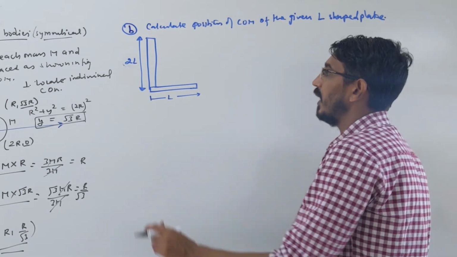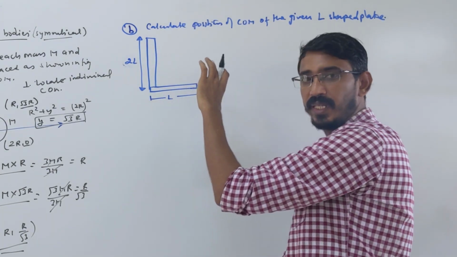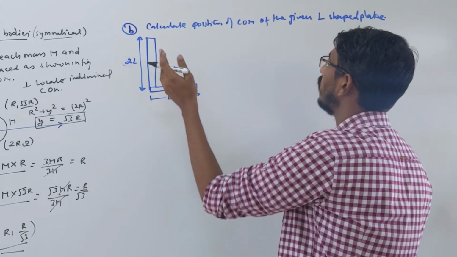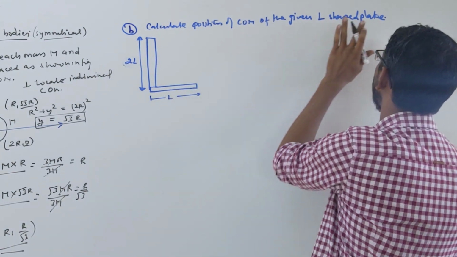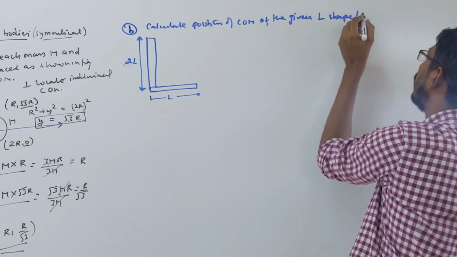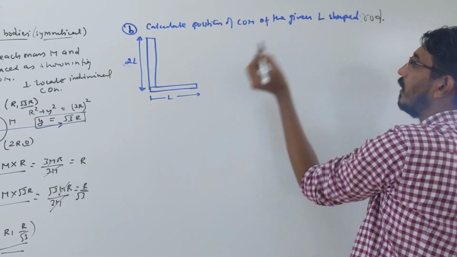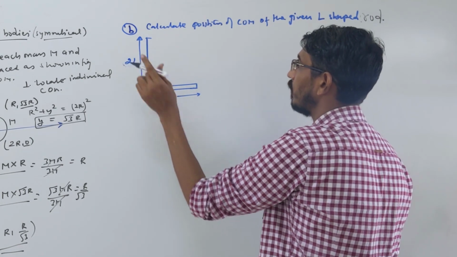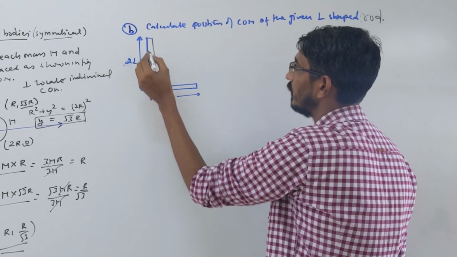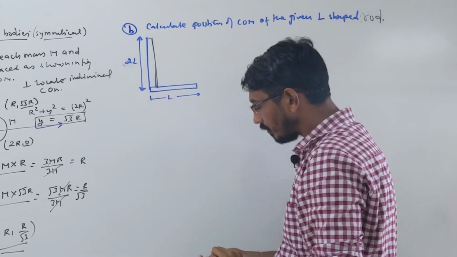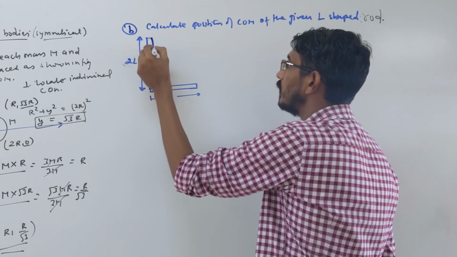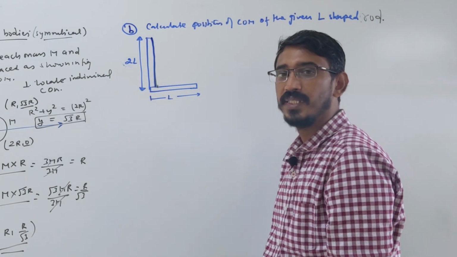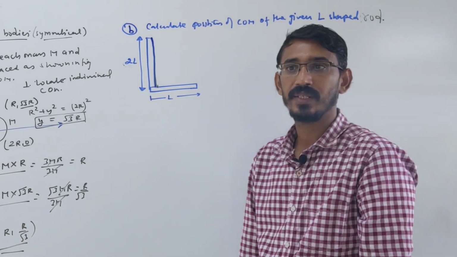So look here, and they did not give the thickness here; thickness also can be given, we will talk about it in another question, okay. Here, simply like two rods, I should say, instead of plate I can say rod, that will be more appropriate. Plate I will talk about in the next question. So when I say rod, they will not give thickness, they will give length only, okay. Yes, the lengths are given. So this is an L-shaped rod and we have to locate where the center of mass of this system is, correct.